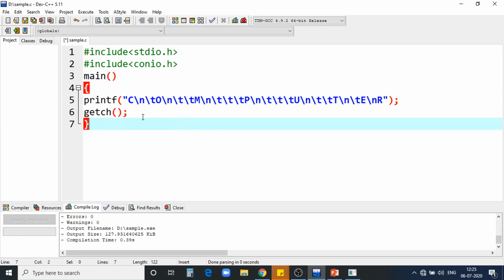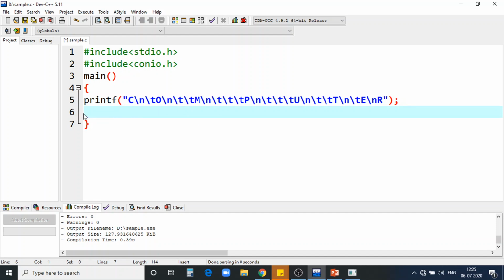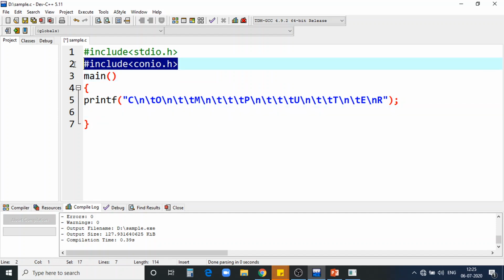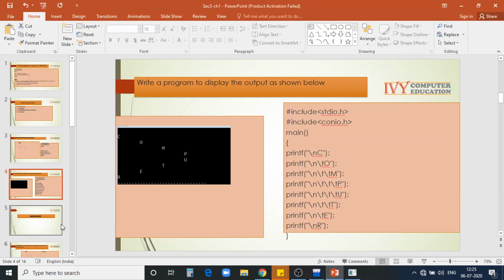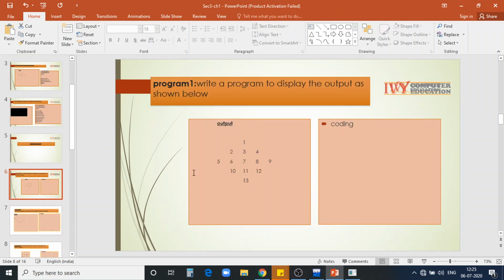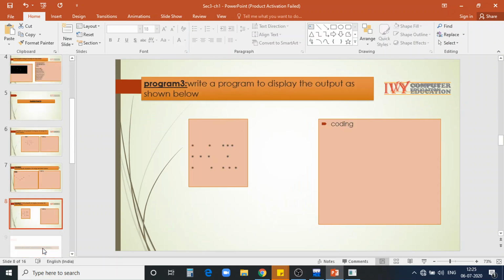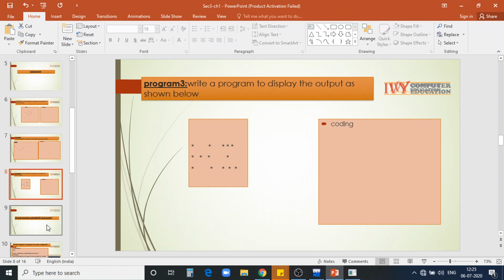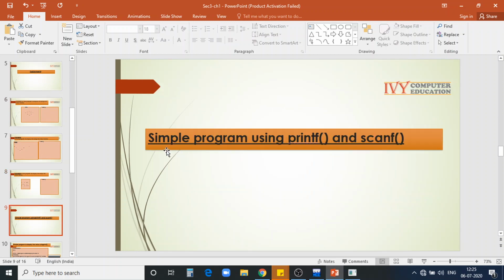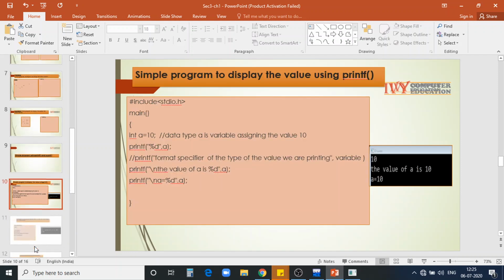But in Dev C++, this header file and this function are not required because by default it is implemented. We'll see some more programs. I have given a set of assignments to solve for the same thing, for patterns. Next, we'll see a simple program using printf and scanf.